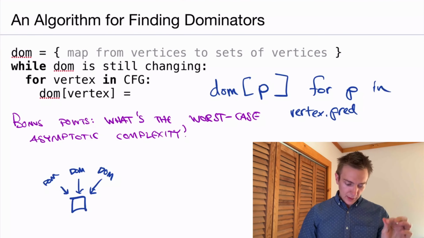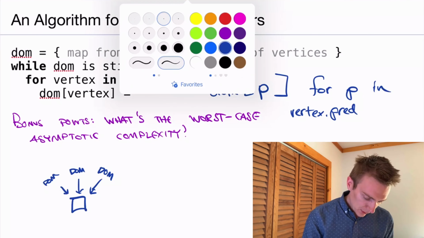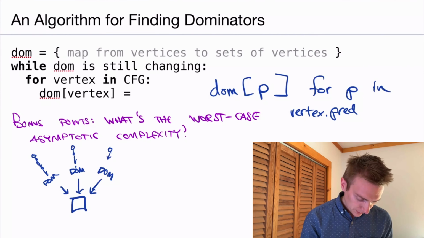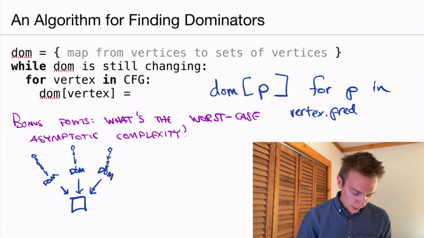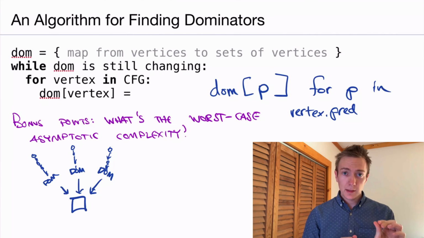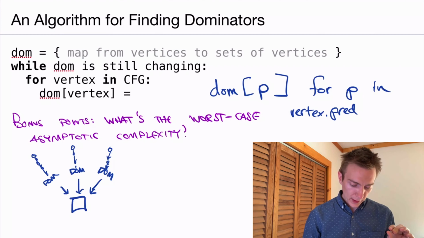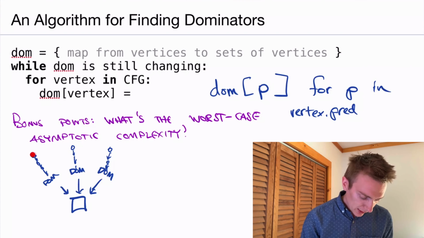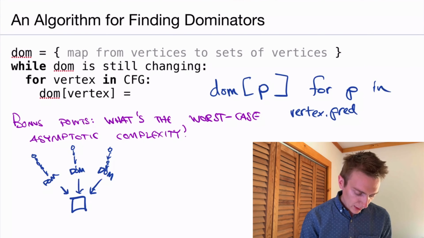If you think about it this way, if these blocks have some dominators, I'm just going to draw those as circles and say, okay, all of these blocks are dominators of this predecessor. We don't know if these are shared or not, but whichever ones are shared among the dominator sets of all of these predecessors are ones that also dominate this block. That is to say, if there's any block in here that dominates this block and it also dominates this block, so it shows up in this set too, and it also dominates this block, then that means that the only